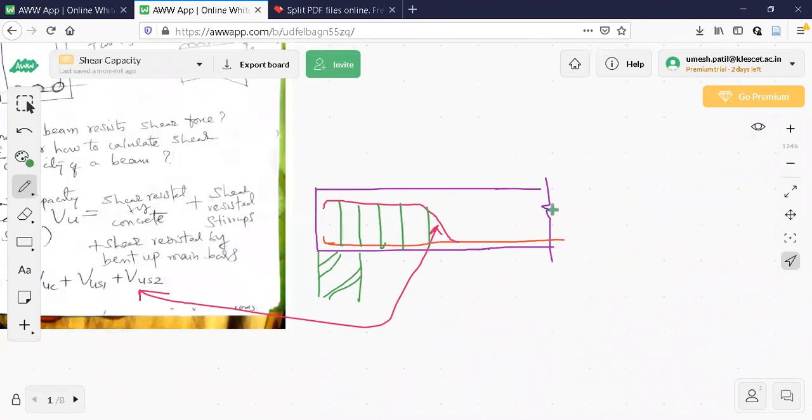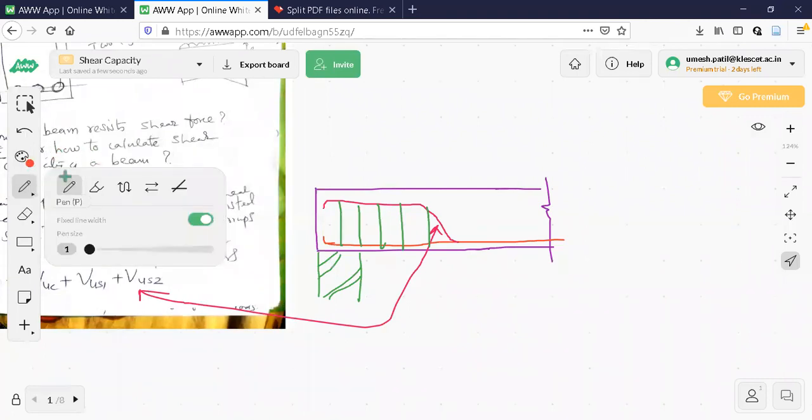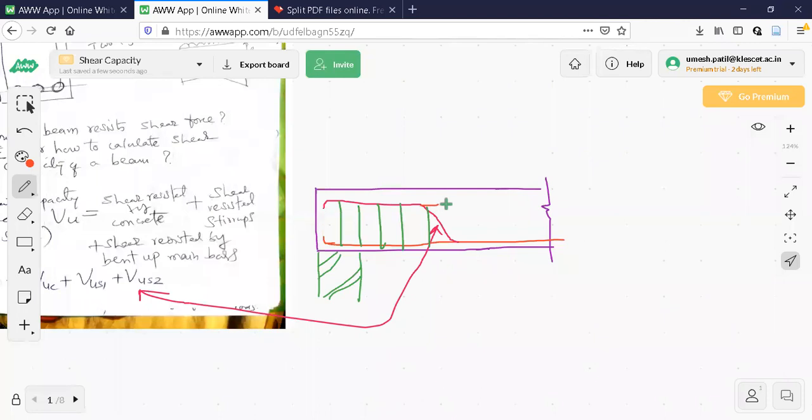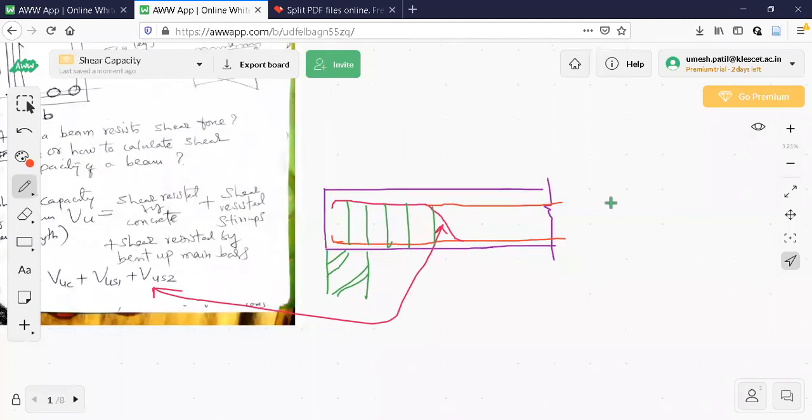One more, this bar runs here because top 2 bars are running here. Those hanger bars are running. So what I will do for that is, I need to show that also here. These are the bars running here. These are top 2 bars. If you want to check, see this one in the cross section, how it looks, observe here. I'll draw a little bit bigger cross section here.